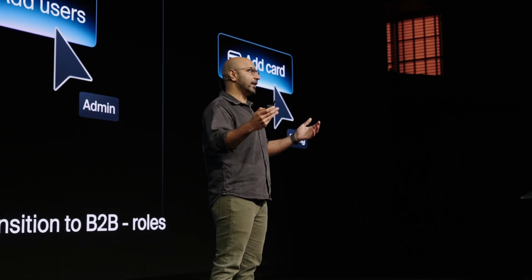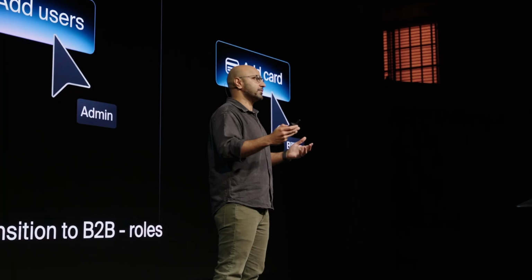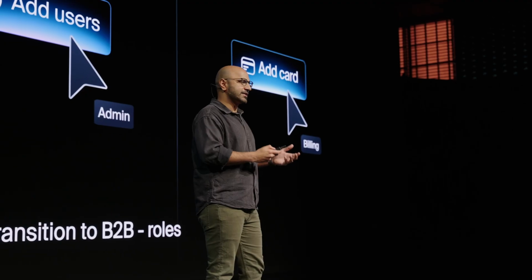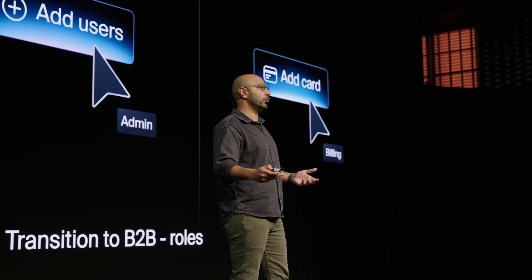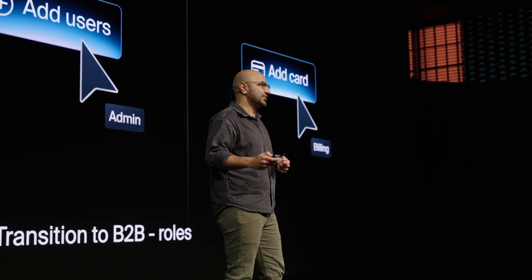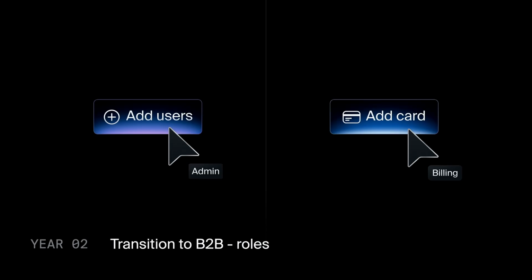They have to go back to their system, which was that primitive permission-based system. They have to list down all the things that you can do within the platform, and then express them as this atomic set of responsibility. Here's all the things that an admin can do, and here's all the permissions that a billing admin can do. And then abstract them into this higher layer entity called roles, so that their customers can assign this to their employees. This also helps Figma, because as they're rapidly growing from here, they'll continue to add more billing-related features or admin features, and they can just assign this to these roles, and every single customer who has that would automatically get it.